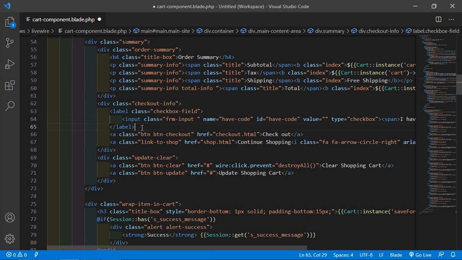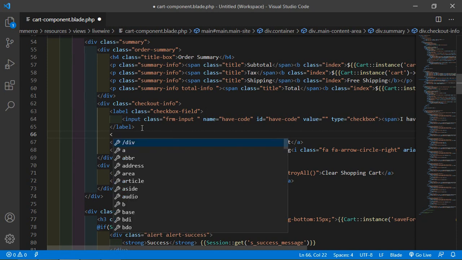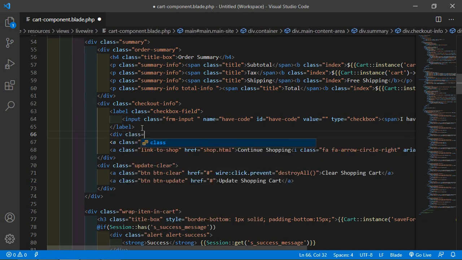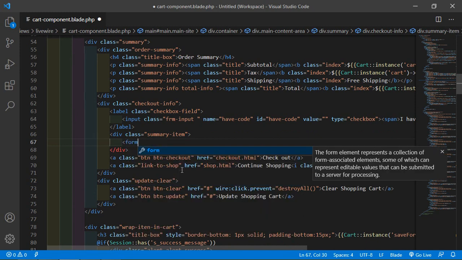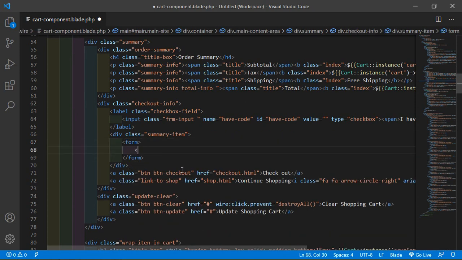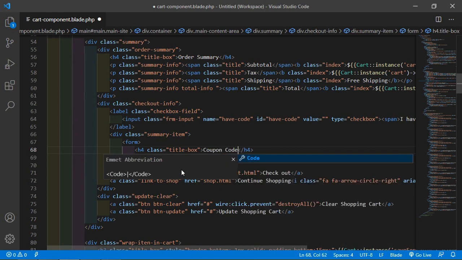Now after this label, let's add a form. First of all, add a div and set the class. I'm adding the class name summary-item, and after this create a form. Inside the form, let's add a heading tag h4 with class title-box, and add the title "Coupon Codes."